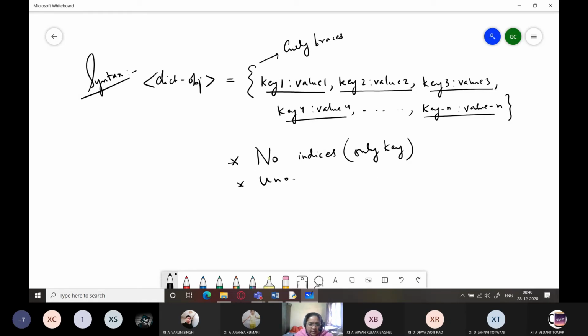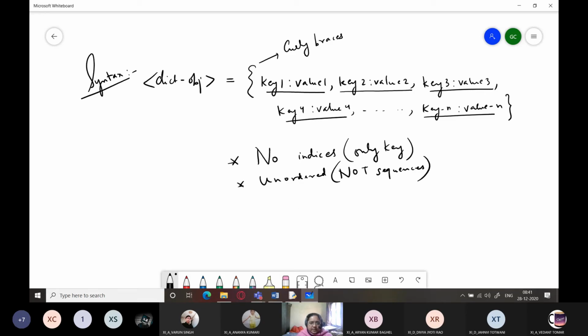It is an unordered collection. Dictionaries are unordered. There is no specific order of elements. If you create a dictionary providing the key value pairs in a certain order, when you print it, you will find that the order has changed. Why? Because the order is not really important over here, right? Hence, they are not sequences. They don't fall under the category of sequences, right?